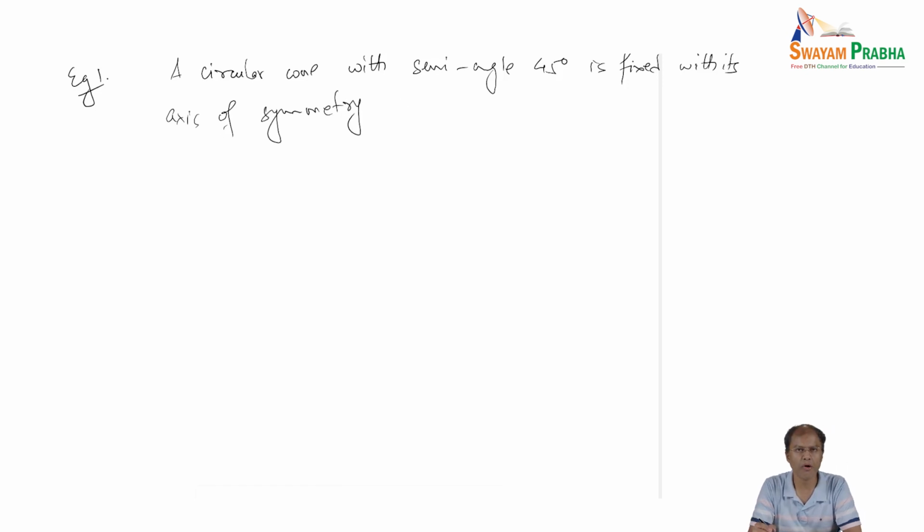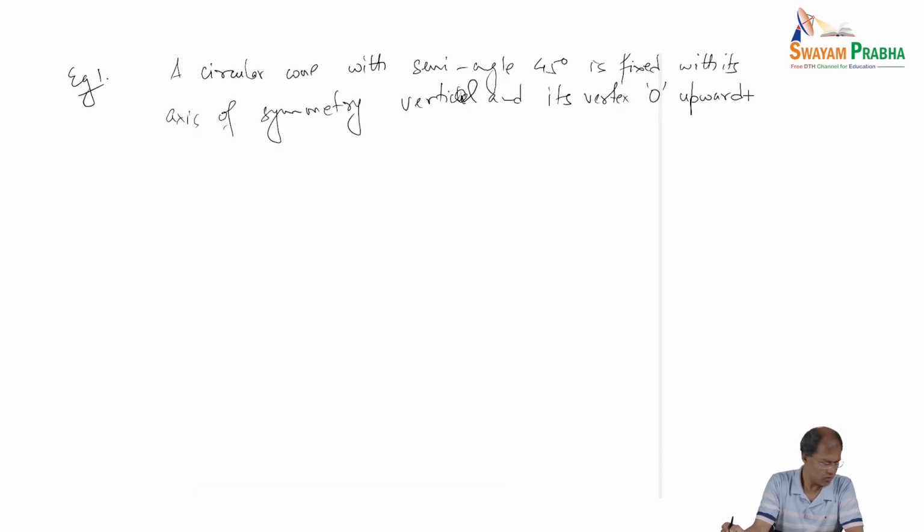So this is a problem we would like to see. Axis of symmetry vertical, and its vertex O upwards. Okay. So the diagram is that we have a cone with its vertex pointing upward, and then